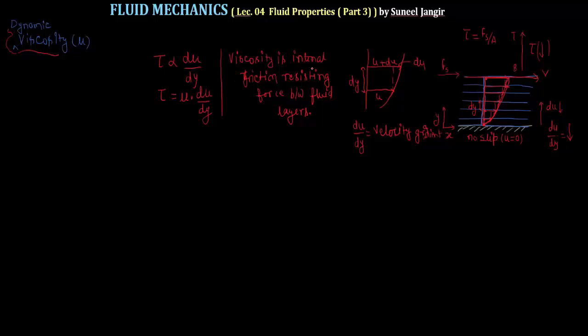Alright, so viscosity is the internal frictional resisting force between the fluid layers. Now I can rewrite this as mu is equal to tau upon du by dy. So when we are defining mu equals tau upon du by dy,